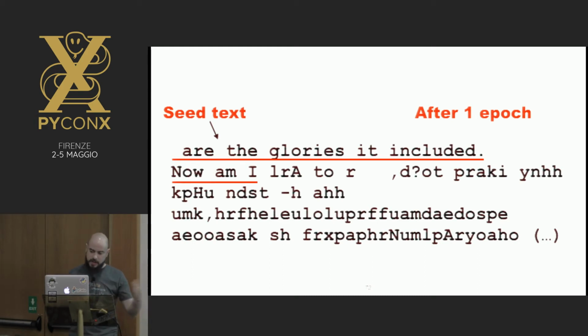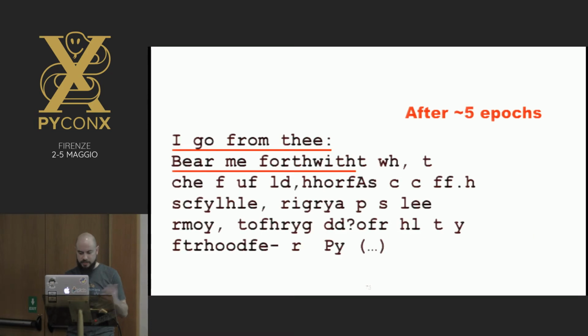After one epoch, after the network has seen the whole data set, it doesn't look like Shakespeare. You see how it's basically a sequence of random characters, some punctuation, some spaces, so it doesn't look good. I let it be for a while, so after about 5 epochs, things are changing, still